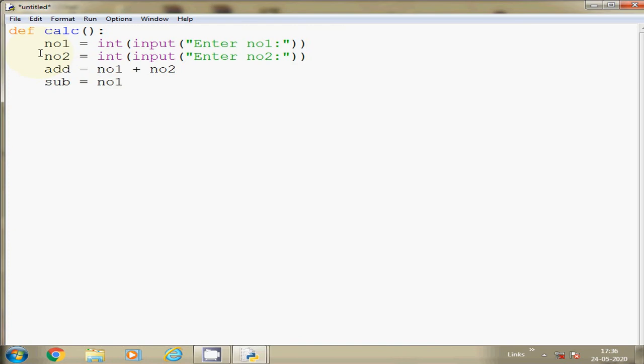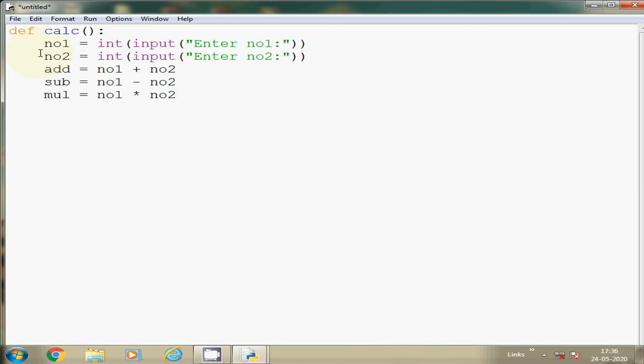As we write in maths, for multiplication a different symbol is used compared to maths, because there it is x. The programming language cannot identify what is x and what is the multiplication symbol. So that's why the asterisk symbol will be used. This star. Number 2. Then division equal to number 1 and slash.